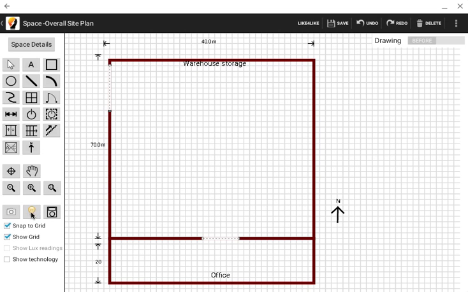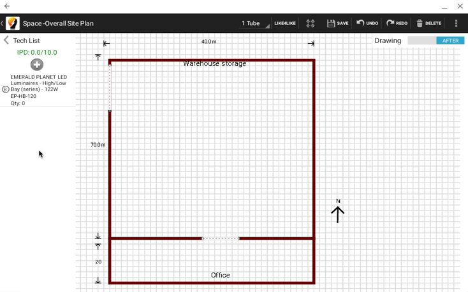Also, this here is where you add the lights. So here we've got a floor plan, but up here we can see drawing before and drawing after. So you can actually toggle between the lights that were there before and the lights that were there after. If you want, hit the technology and you can see, if you want to add a new light, click the plus button